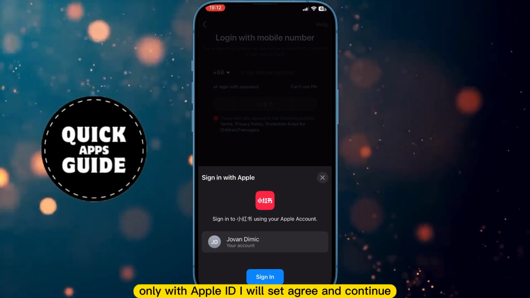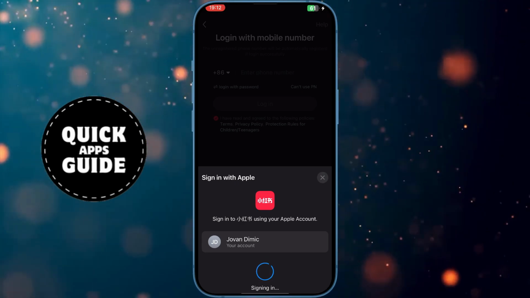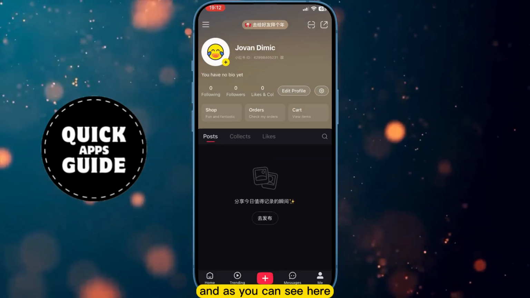I will tap agree and continue. I already created the account here. Now let's wait for sign in. And as you can see here, there is